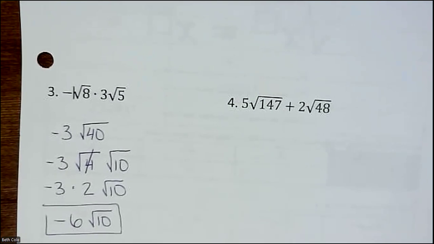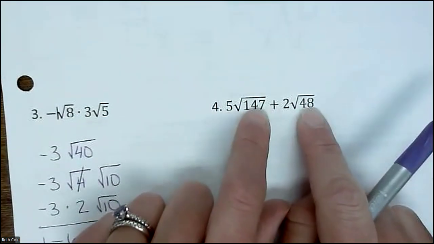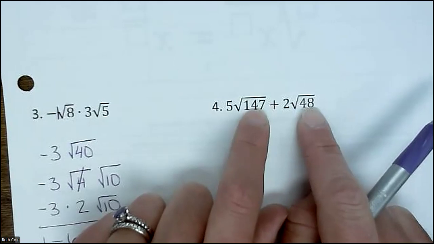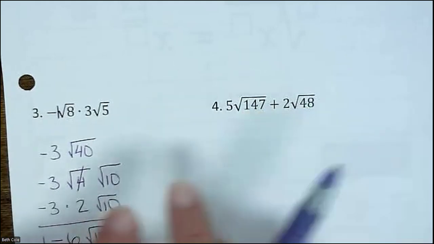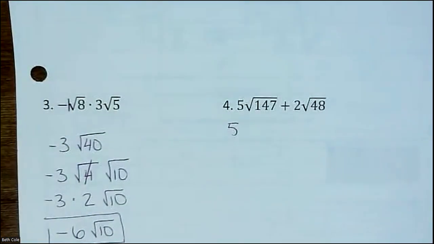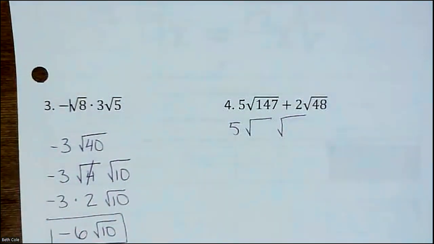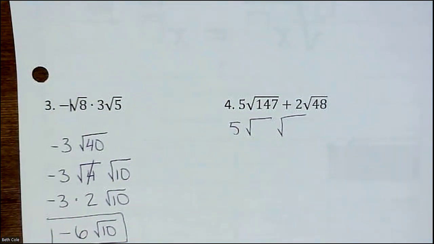All right, last one of these review ones. This is adding. Are these like terms? Are they the same number? No, so you cannot add them together. You're going to have to simplify them like this first, all right? That 5 is just there. Draw your 2 little houses, and believe it or not, I don't have magical abilities that